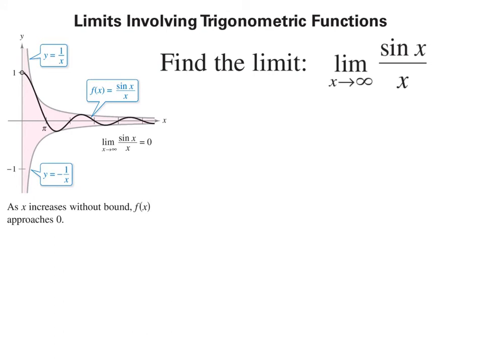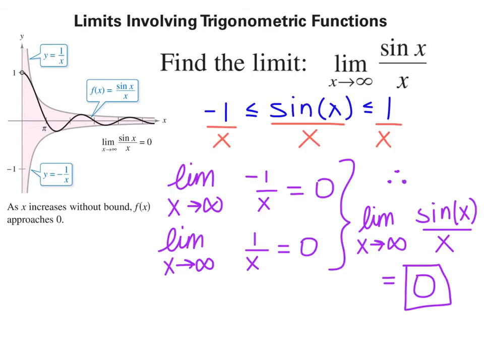So let's make that function a little bit more interesting. Let's find the limit as x approaches infinity of sine of x all over x. And so here's what I've already established, that sine of x oscillates between -1 and 1 inclusive. Now, the difference here is that I'm dividing that function by x, so I'm going to divide this inequality by x. So now I'm going to take the limit as x approaches infinity of this function, so -1 over x,